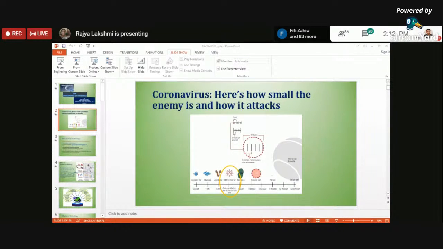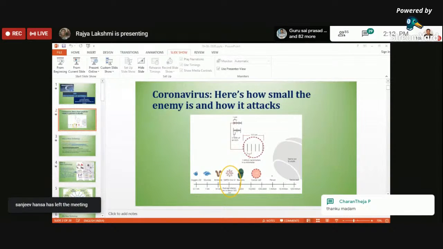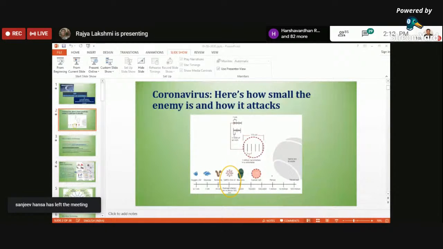Yes, sir. Based on the current situation, even though the virus size is so small, it made the entire world sit in lockdown, and it has had a lot of impact on our entire manufacturing sector and other non-manufacturing sectors also. So we should not be careless about the term small. It will have a lot of impact on very big industries, big organizations, and big products also, whatever it is, big situations.